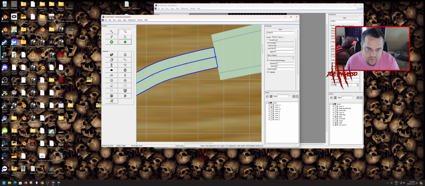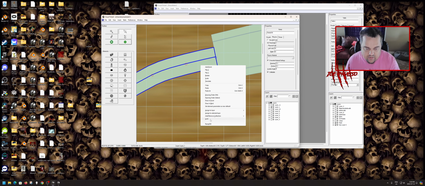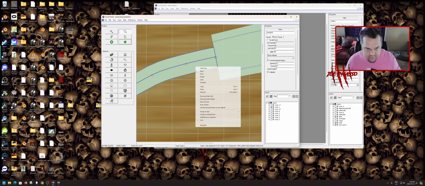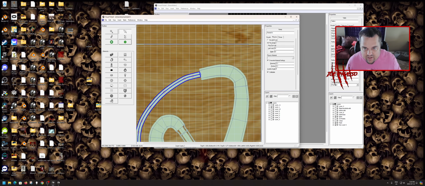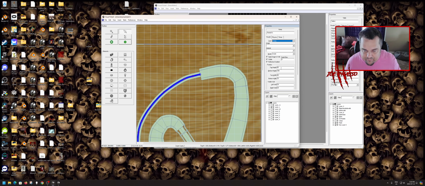Just that. There we go. Now we can lock that. Or wait, no, unlock, Control C. Now lock it, Control V. So now you've got a duplicate. And we're going to change these to a 1-wire ramp. And we're going to make these non-collidable. And we're going to make these